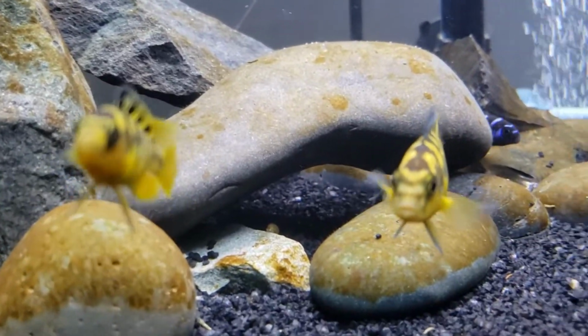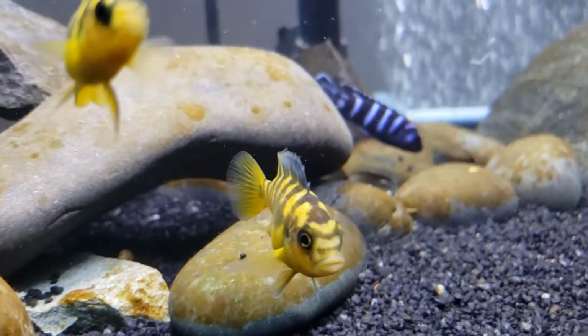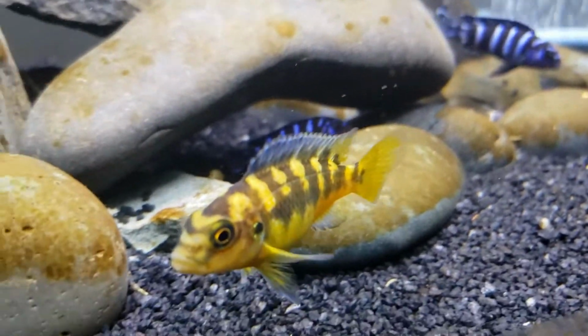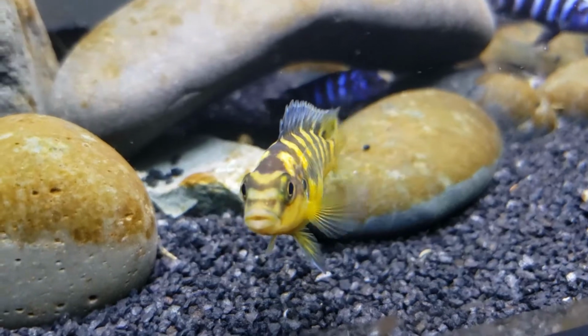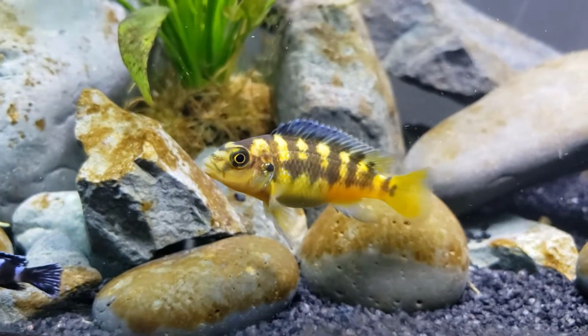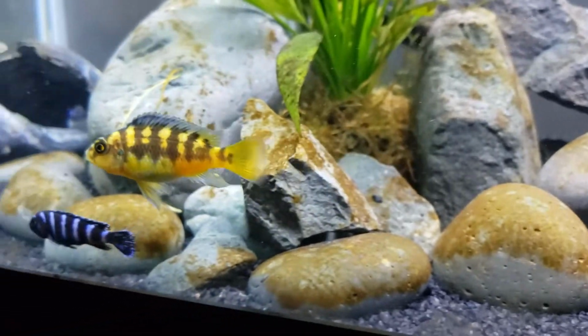They love hiding in rocks, swimming around rocks. When we first put them in the tank, they were very inquisitive. They were exploring every nook and cranny of the tank. They weren't frightened at all. Some fish species, some tropical fish